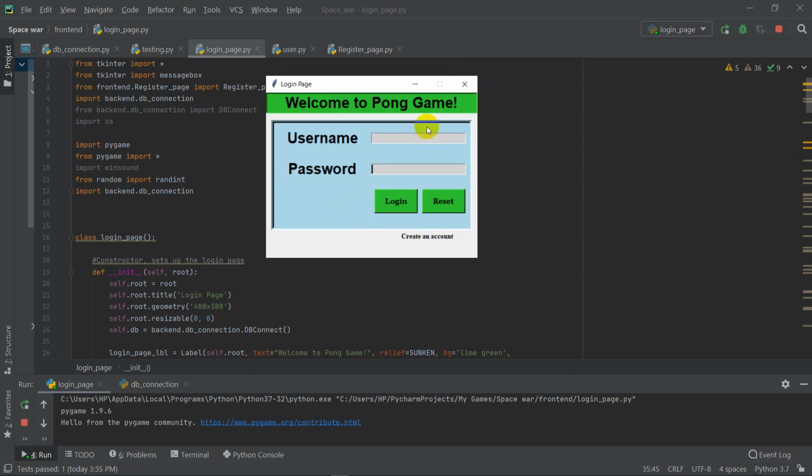Now let us use those same credentials to log into the system and play the Pong game. Now the username that we just supplied was Hari @Krishna. Then the password that we supplied was 12345. Now we can press this login button to submit